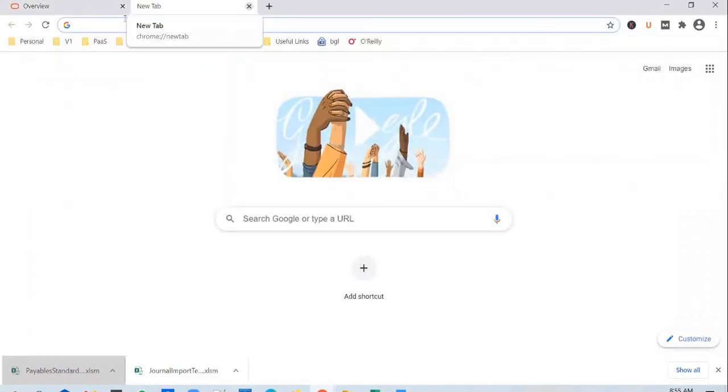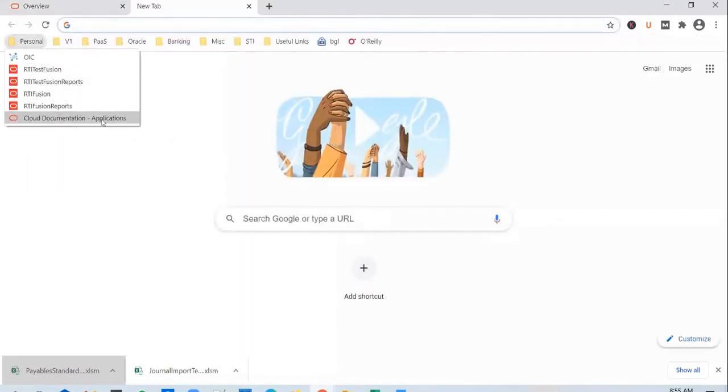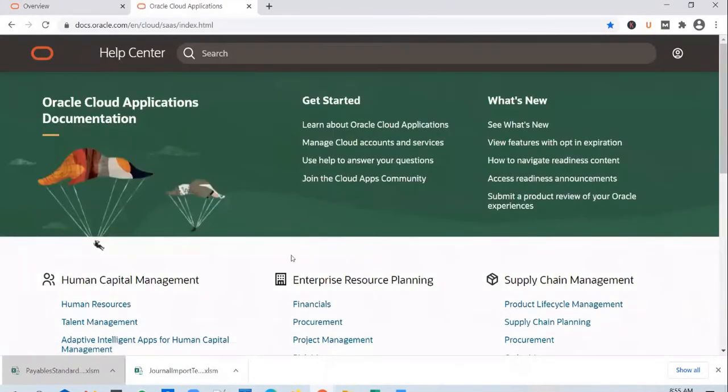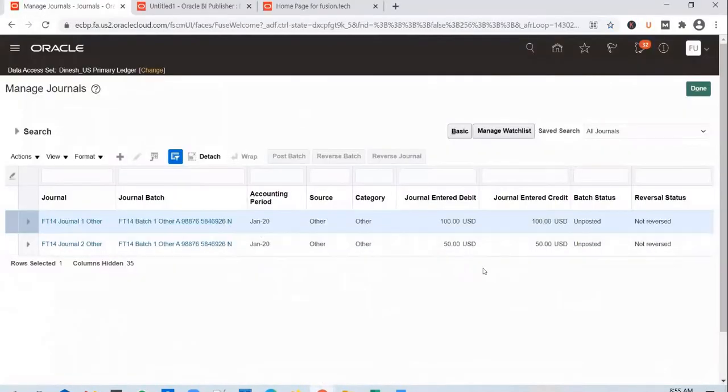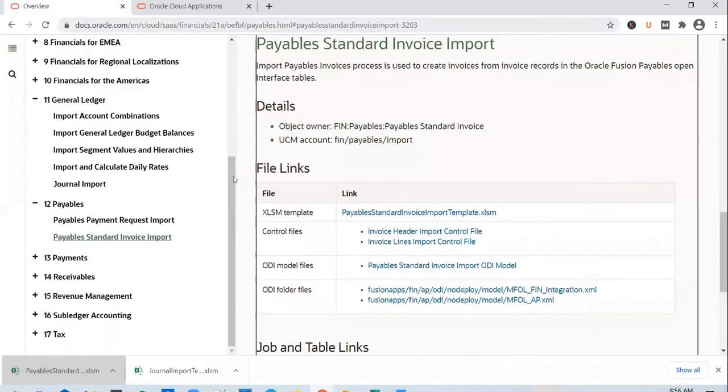You open up a new tab, search for the template, and that takes you to the documentation link. Otherwise, you can bookmark this cloud documentation link. This is the official documentation link for Oracle, and you can download the FPDA templates from here. You cannot download the templates for FPDA from within the application. That's point number 1. No Google. Even through Google, we are going to the documentation link of Oracle, and we are downloading the templates from the Oracle repository.